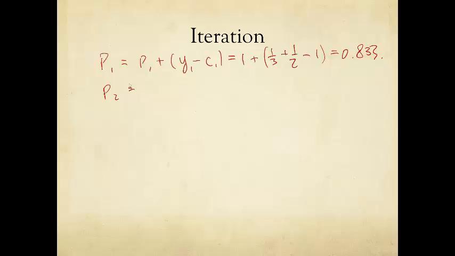P2 follows the same pattern, so we look at basically 1 plus half minus 1, which is 0.5. Similarly, you can write down P3, which is 0.333, and P4, which is 1 plus the load,